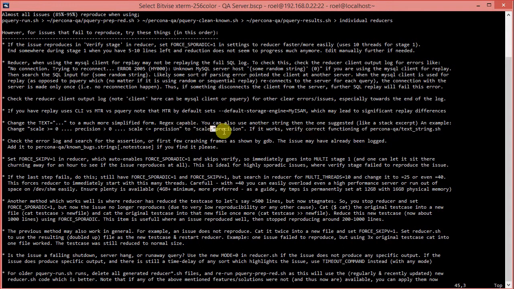Now, if you want to add something to the known bugs, then please use the text string script, which will output a text string for a particular test case, already taking care of a lot of these oddities. If you go and have a look in the text string script,